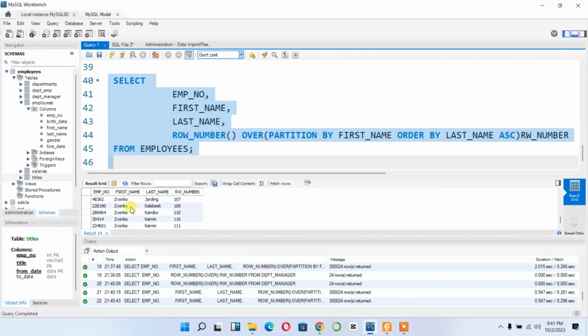Okay. So the names are filtered based on the descending order of last name. Alright. So this is the